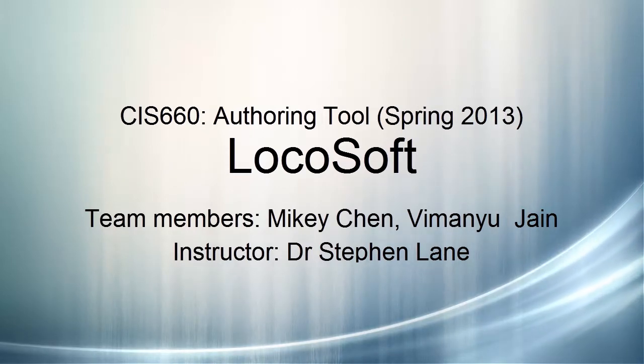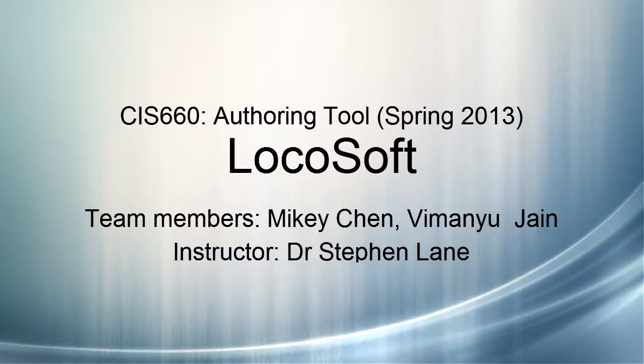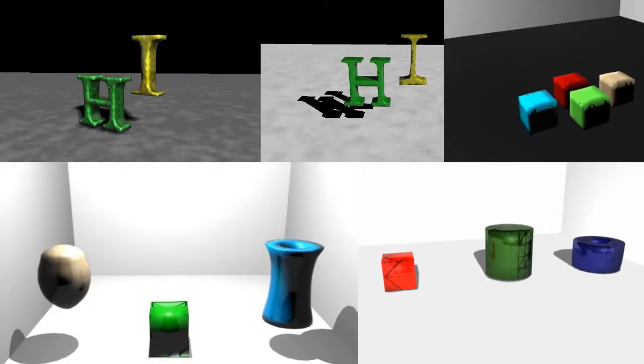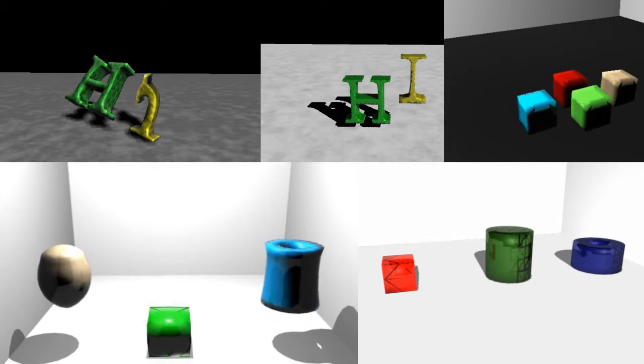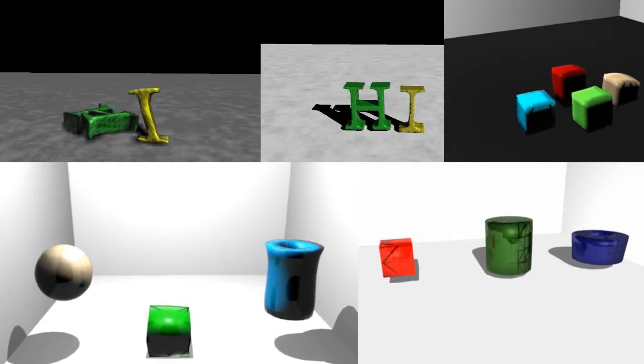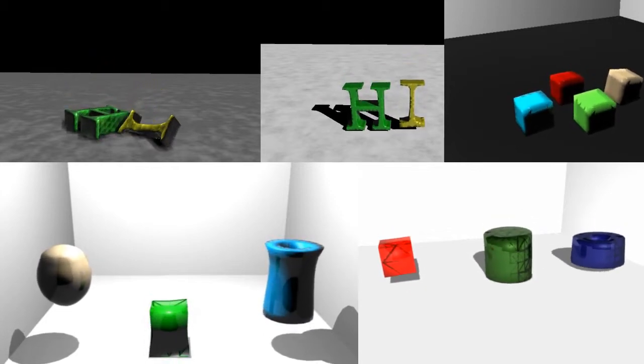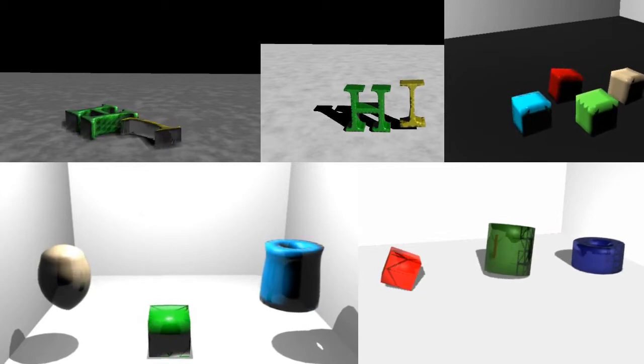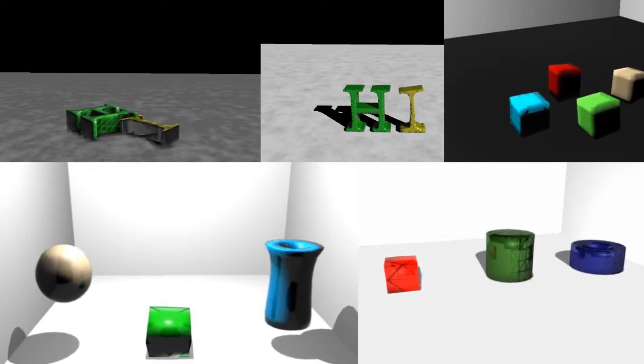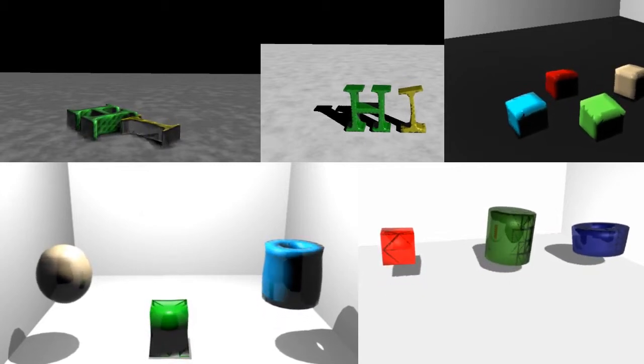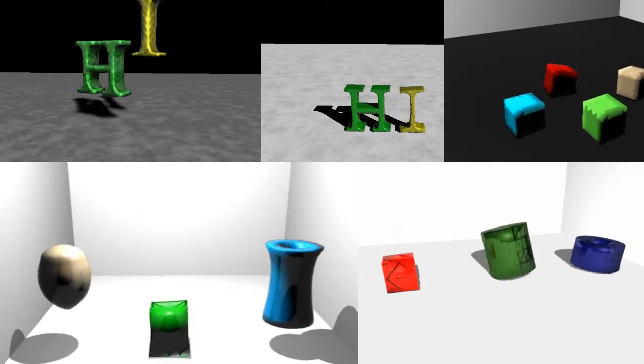The authoring tool that we have developed under the guidance of Dr. Lane is called LocoSoft. Let's first look at some of the results. In the first two videos, you can see our tool being used to simulate arbitrary geometry such as letters. We have provided basic collision and contact handling with the ground plane with adjustable contact forces. The two simulations differ in their Young's modulus value, with the one on the right being much stiffer than the